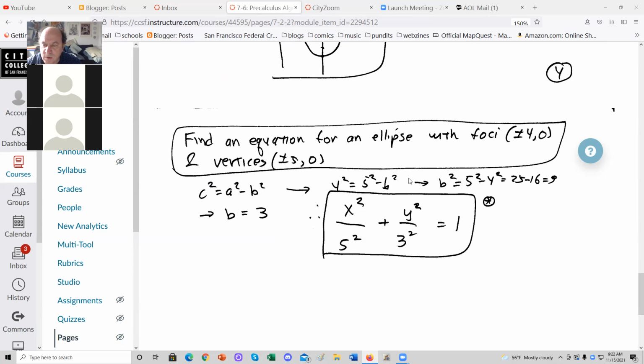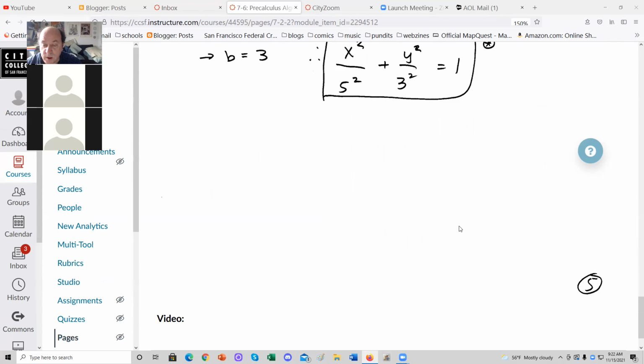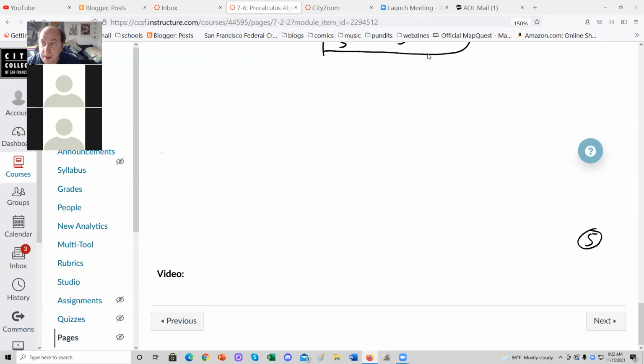Transpose b and 4 squared. b squared equals 5 squared minus 4 squared, which is 25 minus 16, which is 9. So b is 3 and a is 5. So x squared over 5 squared plus y squared over 3 squared equals 1. Okay. I'll leave that